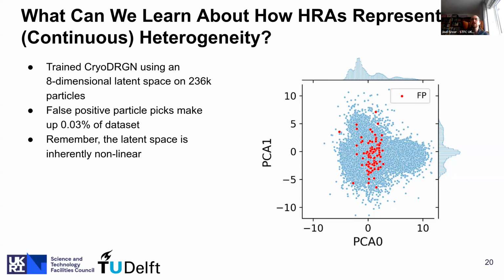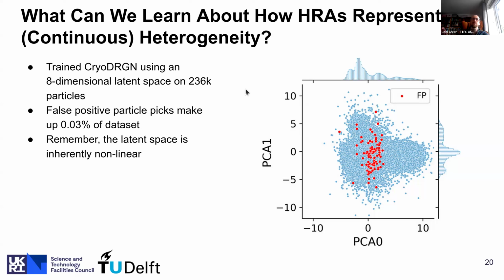So what we've done here is we've gone back to using our synthetic data set that we've generated with Roodmus from the partially open COVID spike trimer MD simulation. This is where we simulated 270,000 particles. We can actually pick 236,000 particles from these synthetic micrographs. And what we've done is trained cryo-dragon, one of the heterogeneous reconstruction algorithms, with an 8-dimensional latent space on these particle images. So here I show a 2-dimensional embedding of the latent space for this